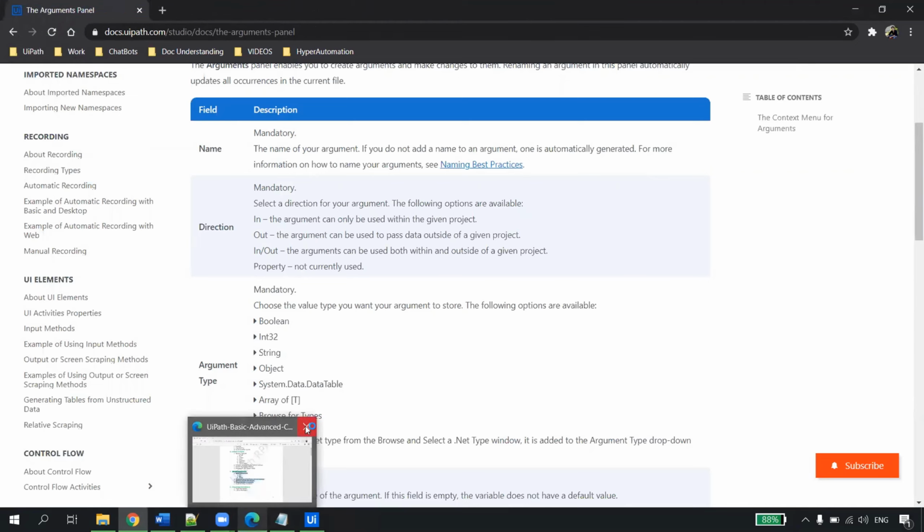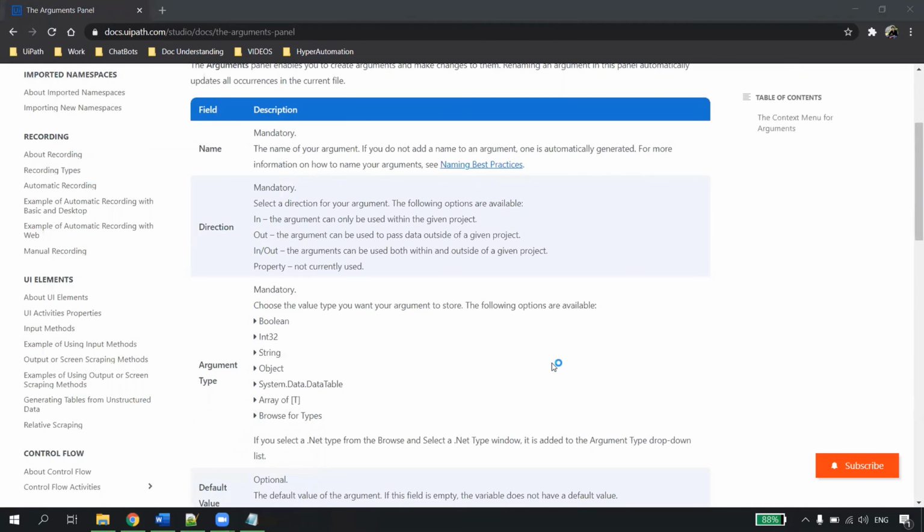So yes, it is always important to have the correct type of variable, because if the variable name and the data type is not correct, then it is not able to store the data, right? We tried storing the integer one in the string, then we tried storing the string in the integer, so UiPath gives an error.